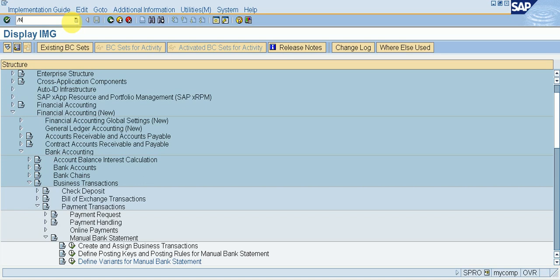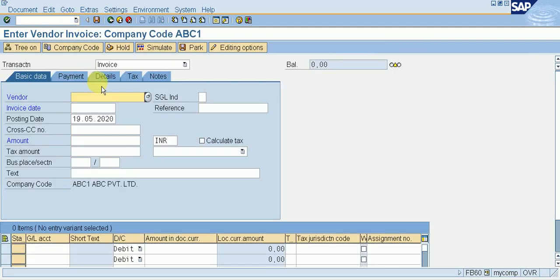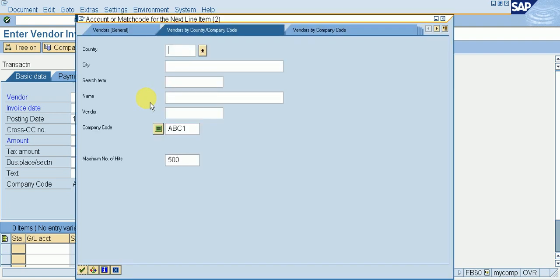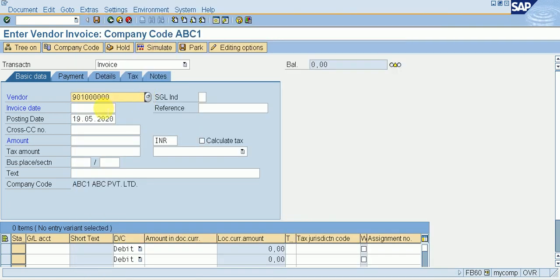/n FB60 for posting a new invoice, selecting a vendor, giving a invoice date, today's date I am giving here. I am giving here amount 10,000 and text purchase invoice.